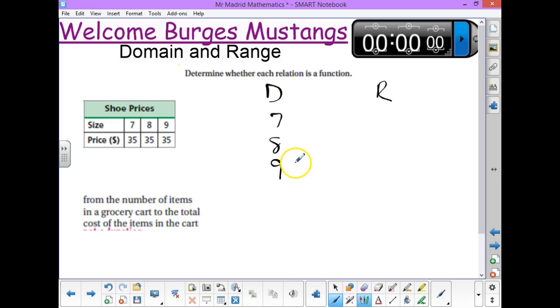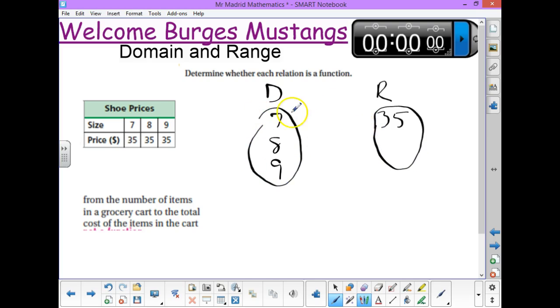Next we need to identify the range. 35. Now notice how it's written 3 times the same value, so I'm not going to repeat it. Now what I'm going to do here is make a mapping. The 7 gets mapped to 35, the 8 gets mapped to 35, and the 9 gets mapped to 35. Now if you look at this, you have to ask yourself, is this a function or not? The answer here is that it is,